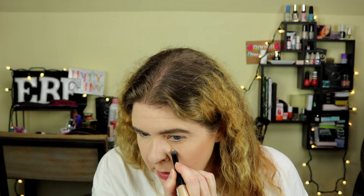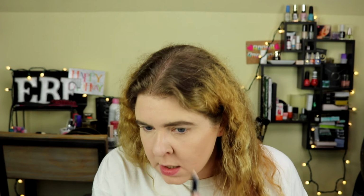And it might be that when I blended it away, I'm just not getting the same coverage. The Yensa is definitely a fuller coverage than this Trustique one is. And this one is a deeper shade. I'm hoping the camera picks up that the Yensa is definitely brightening, whereas the Trustique is more the same shade. The Trustique almost would be better for me, at least, in the shade that it is, would be better for a